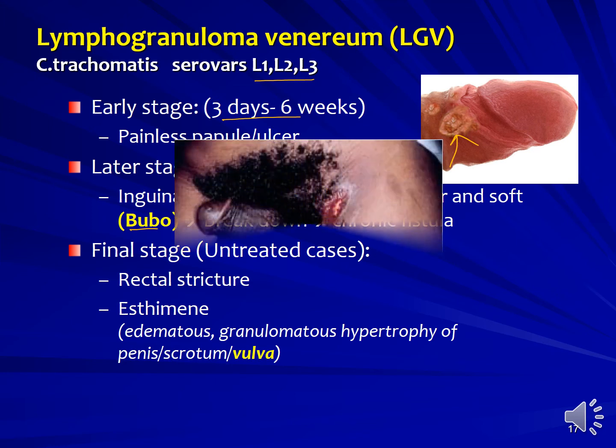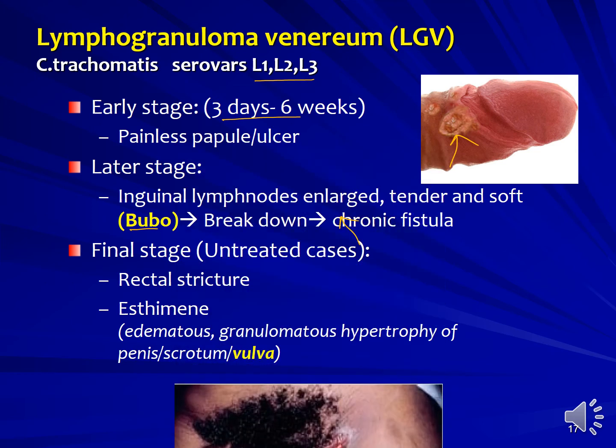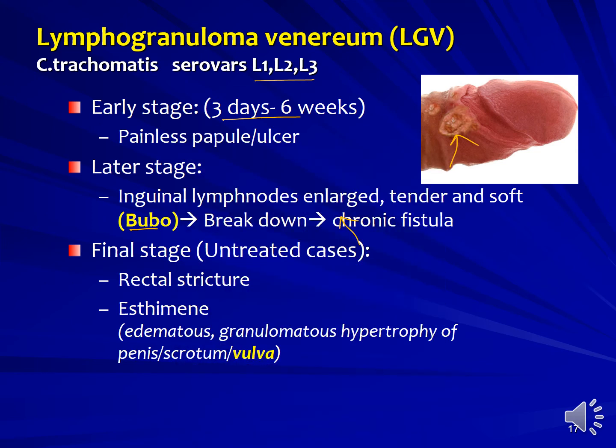Here you can see in the diagram how the chronic fistula will be formed. See, the lymph nodes are enlarged and they rupture and leave the fistula. And then in the final stage, that means in untreated cases, rectal strictures may be produced, and the most important thing is